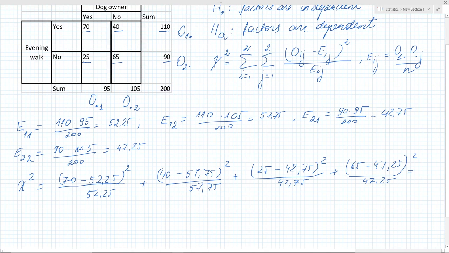And we sum up all those four values and obtain the value of our chi-square test statistic of